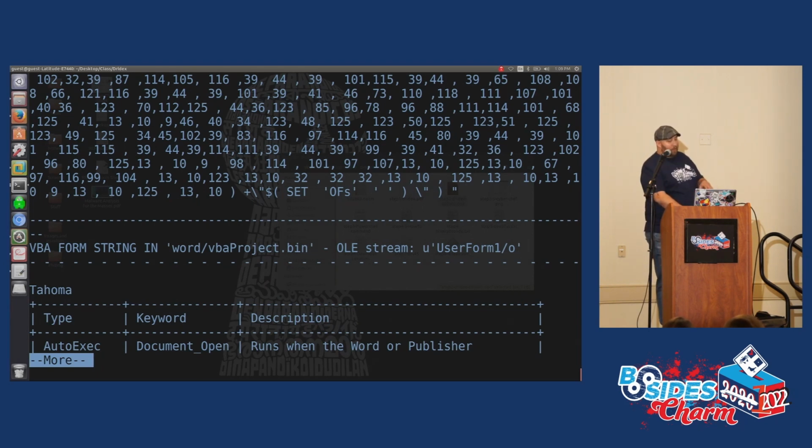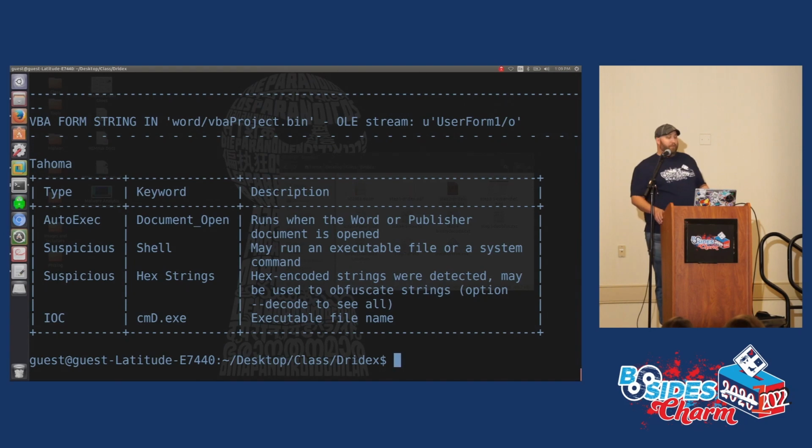And the nice thing about OLE-VBA is it will also tell you some other stuff. So it runs when it's open, might run a suspicious file, has some hex strings, has cmd.exe. So it'll give you a couple of indicators that can be really useful to understand what goes on, as well as giving you the content. But what you do is you take that content,